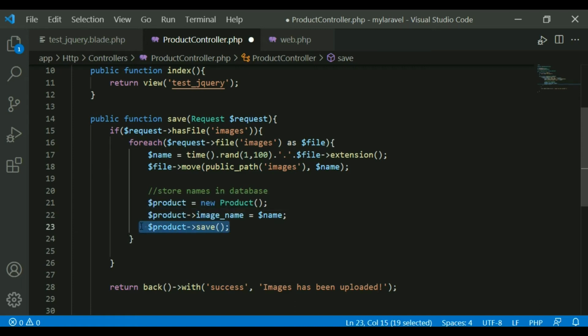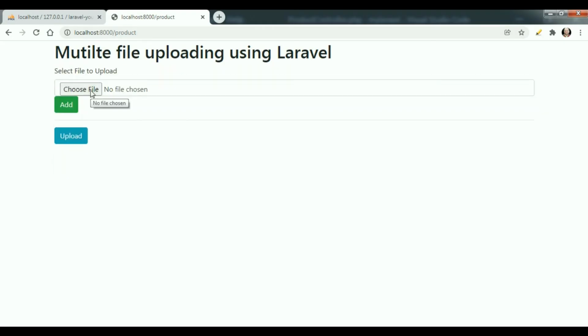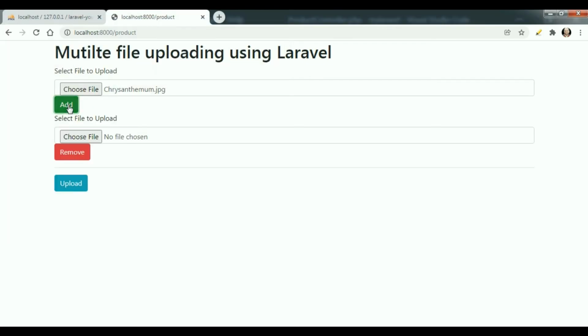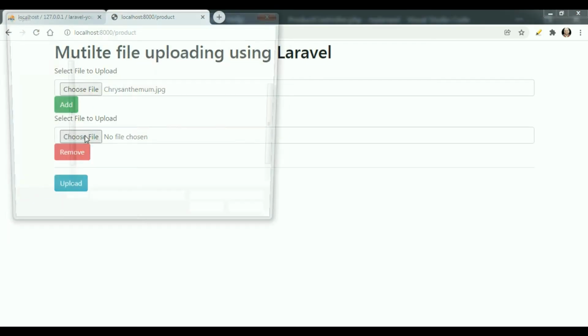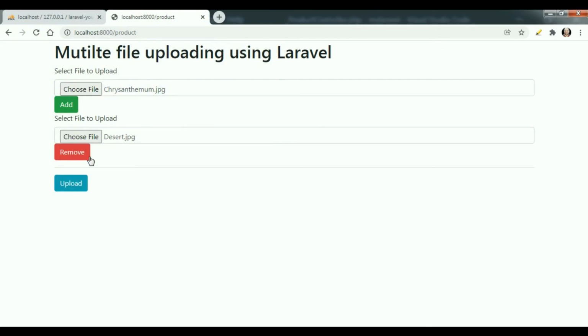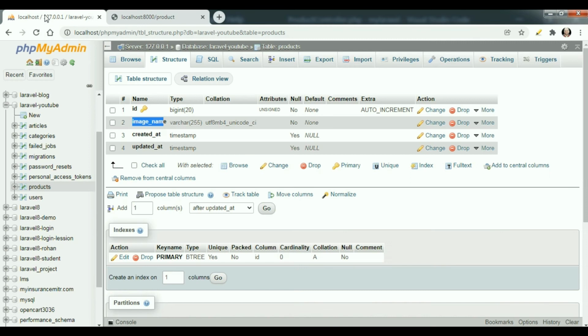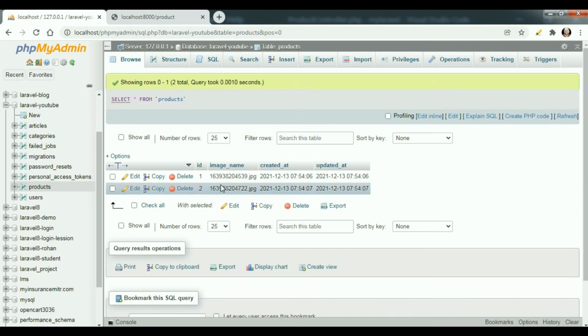So that's it. If you save this file and go to the browser, now if you choose a file, I'm choosing this particular file, add another, choosing another file, and upload. Now it is displaying the message. If you go to the database, select the products table and browse, the image name has been uploaded.